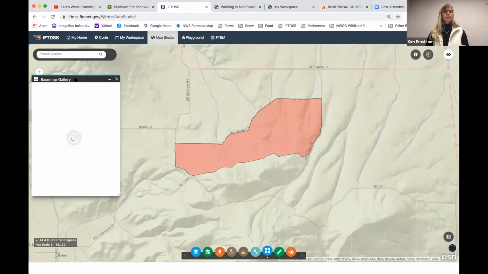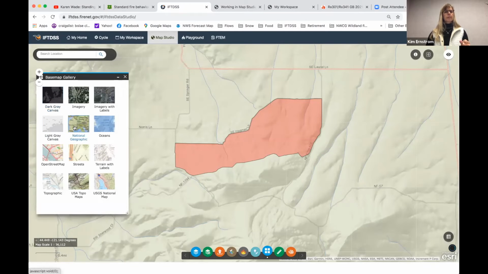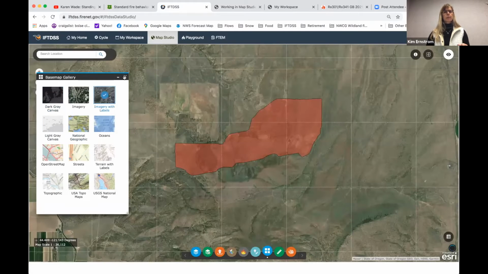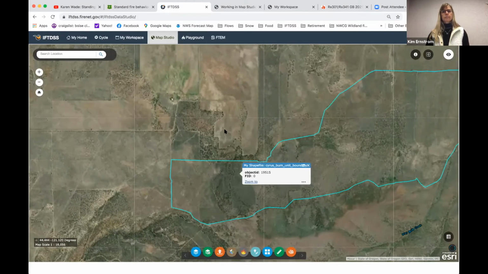Hopefully it won't take too long here. Whenever I'm on a slow internet connection, it's going to be a little slow. There we go. All right, so I am going to switch to imagery. And so we're looking basically at Google Earth imagery here. Okay, now I can kind of zoom in and say,